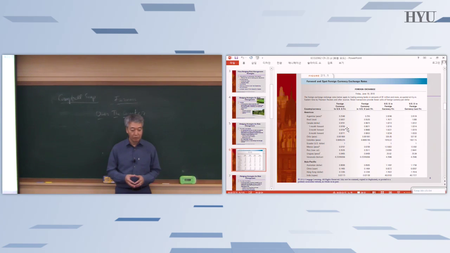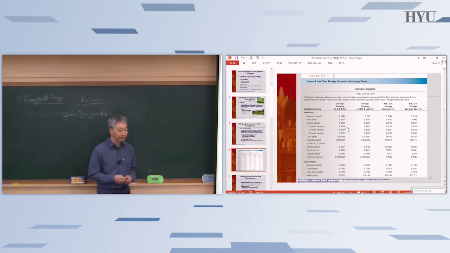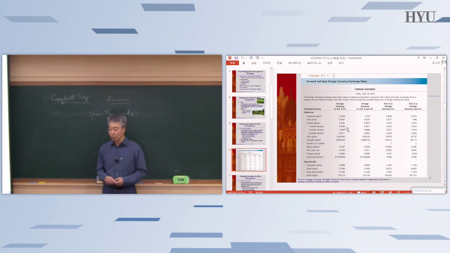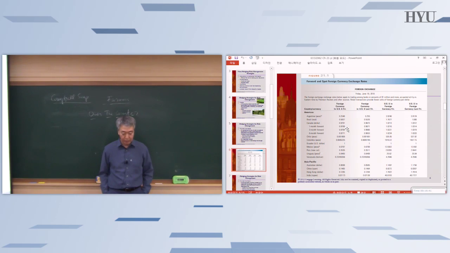So you're trying to hedge against what? Against appreciation or depreciation of the US dollar? Which is good or which is bad for you? So right now you are in the US. You need to make the payment in Canadian dollars. You're an importer. Would you like to have appreciation of the US dollar or depreciation of the US dollar? Appreciation, right? In that case, you would like the US dollar to become stronger, which means it'll cost less in US dollars to purchase 1 Canadian dollar, right? Good. So if you're an importer, you would think about purchasing 1 month or 3 months